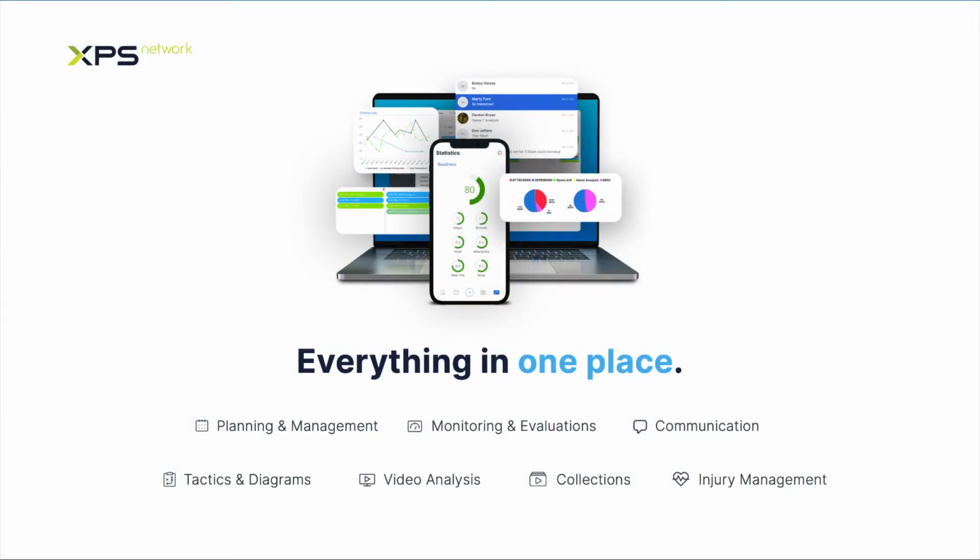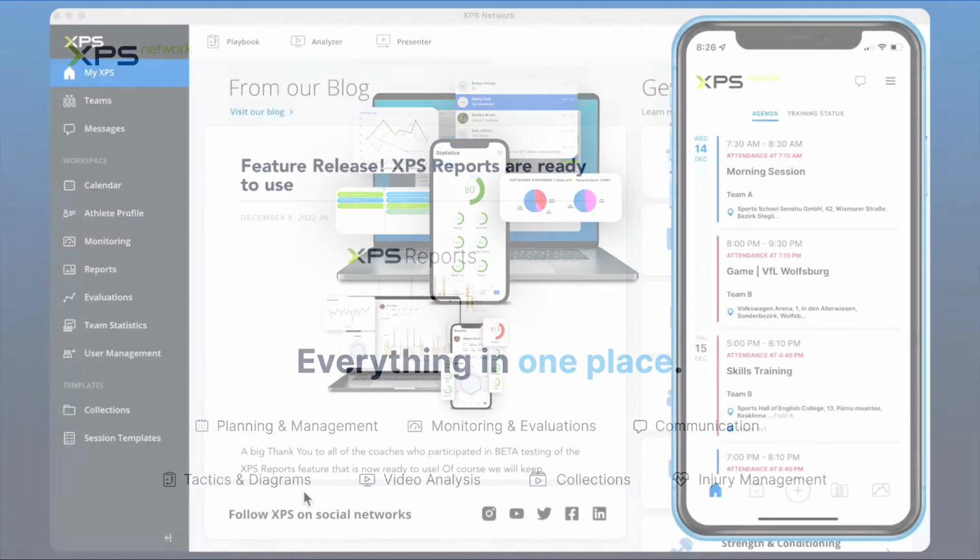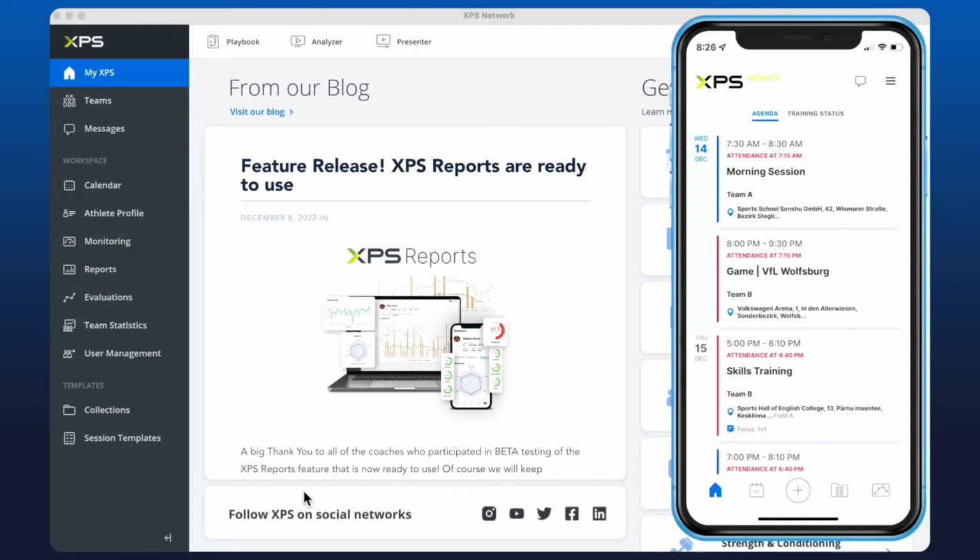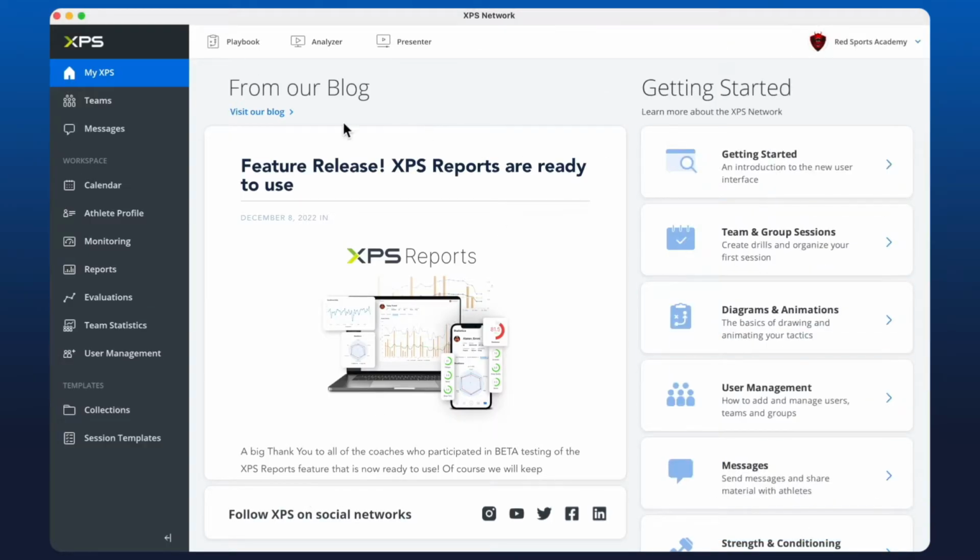Welcome everyone. We're going over the XPS Network software from both the desktop and mobile app point of view for both coaches and athletes. So getting started, once you log into XPS on the desktop, you'll be brought here to